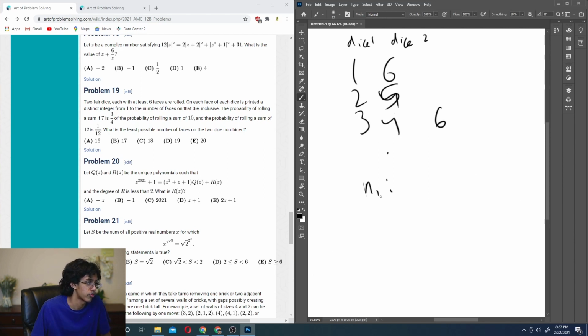So it goes all the way to n1. Technically, n2 could also be less than n1, but let's just assume that n1 is less than n2 without loss of generality, right? Because we could just say one dice is less than the other. Okay, so then for a sum of 12, you can either go from...